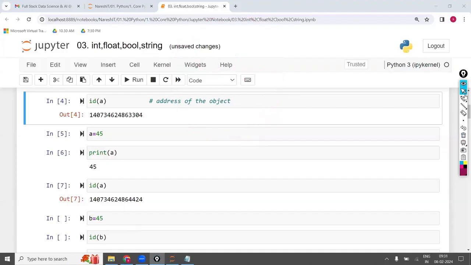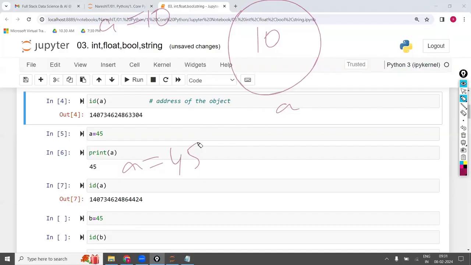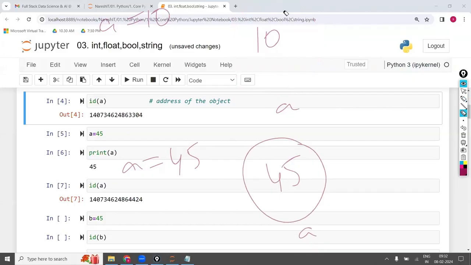Once again. Here, first I'm writing A is equal to 10. When I'm creating A is equal to 10, it is creating 10 with A. Done. When I'm writing A is equal to 45, first it is going to see whether an object A is available or not. A is already available, and that too is an immutable object. Immutable object means I can't replace. So what it is going to do is create the new one with A, and the existing one will be deleted like this. This will happen in the backend.